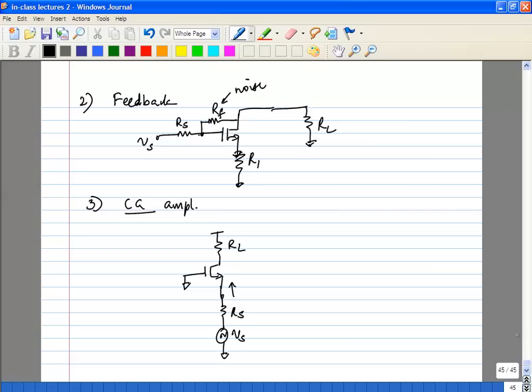What is the input impedance? It's a function of the gm of this transistor and your load impedance RL. You can design it to be equal to RS. So gm is 1 over RS, obviously, so Rin is RS. And this is also a fairly broadband match. Of course, since you don't have a physical resistor, it's actually slightly better than the other one. You can actually get better Fmin than the previous case.